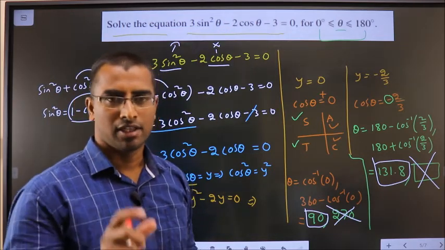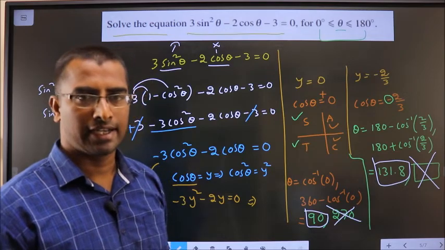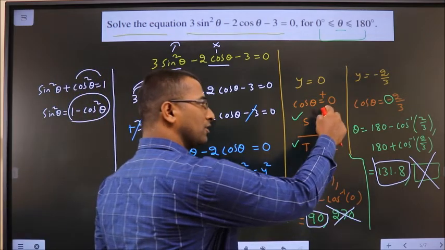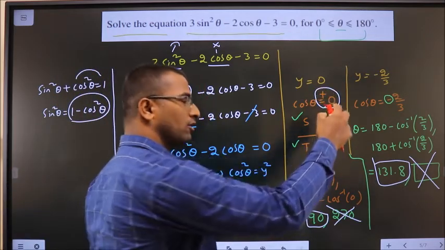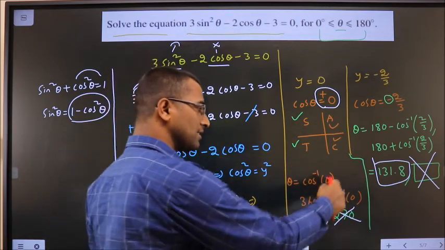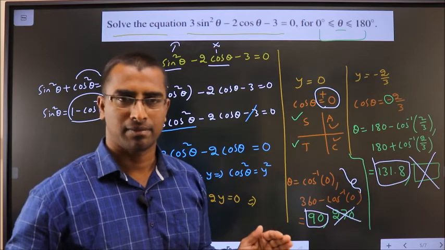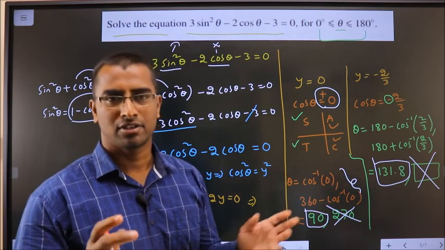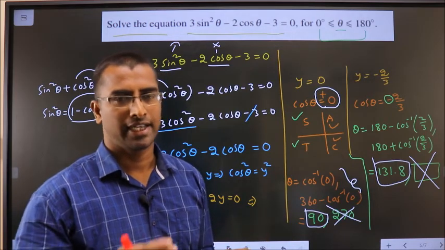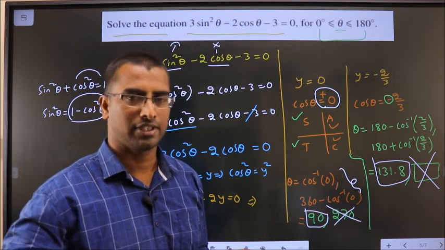Clear? Now, one point here I want to tell is whether you consider positive 0 or negative 0, your answer will still be the same. Okay, method is same. Don't get confused with 0. Okay, take it as plus 0 and continue with the same method.